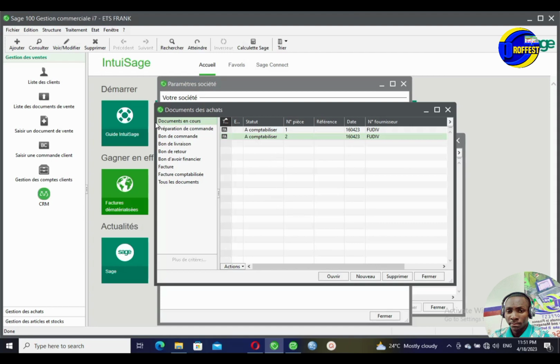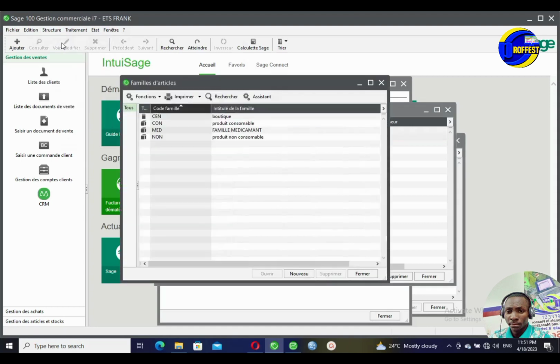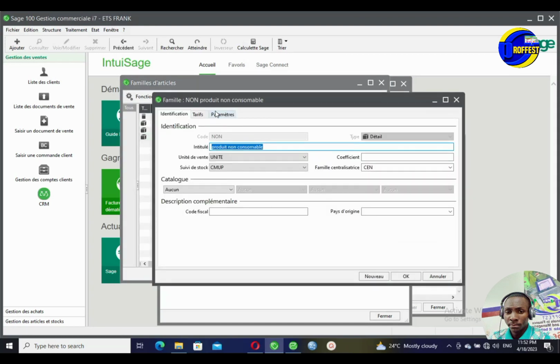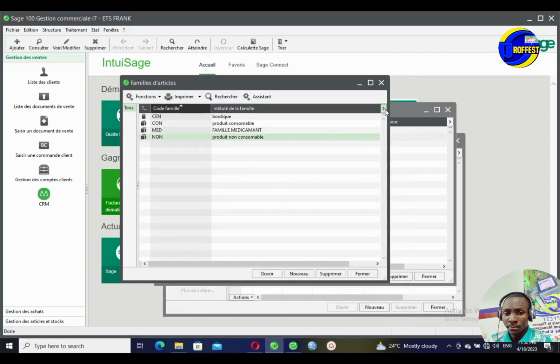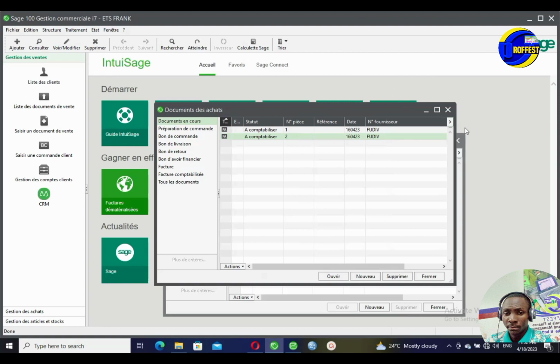makes the accounting entries. That is why when we created famille d'article, in every detail family we created, I asked you to go to paramètres and take comptabilisation and attach the different account numbers to the different account categories, where sales of goods, purchase of goods, or warehousing for the different category comptable. So this is what makes amounts move from a purchase document or from a sales document,